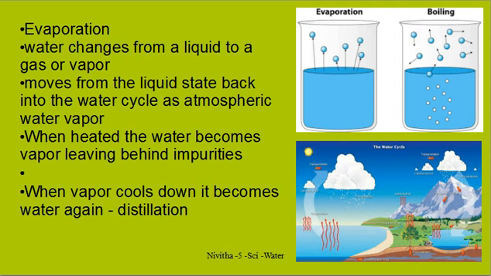When water vapor cools down, it becomes water again. This is called distillation. In the water cycle that you see here, the water, because of heat, goes up, becomes cloud, and then condenses and falls as rain. Sometimes it is in the form of a glacier on snow-capped mountains. It comes back as rain into the sea. This is how the water cycle in nature happens. And evaporation is a process by which water becomes water vapor, either by manual heating or by the heat of the sun's rays.